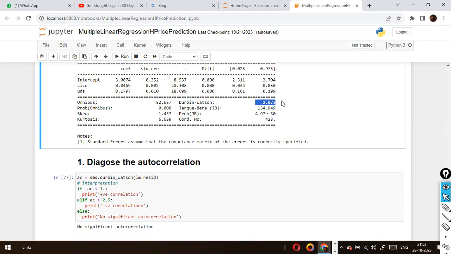Followed by the omnibus, we have the probability of omnibus, the p-value. This tells us how well the residuals are normally distributed. Since the p-value is less than 0.05, the alpha, we are rejecting the null hypothesis. The null hypothesis in this case is that the residuals are not normally distributed. Since we are rejecting it, we conclude that the residuals are normally distributed. Okay, with this we can tell. Next one is